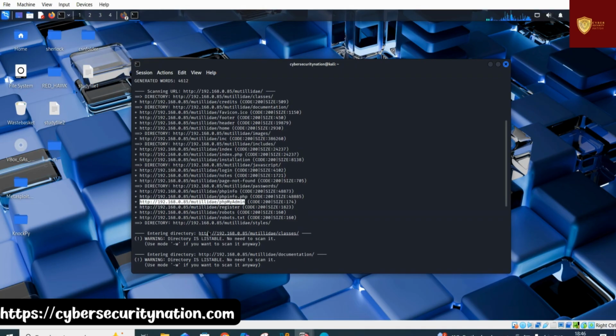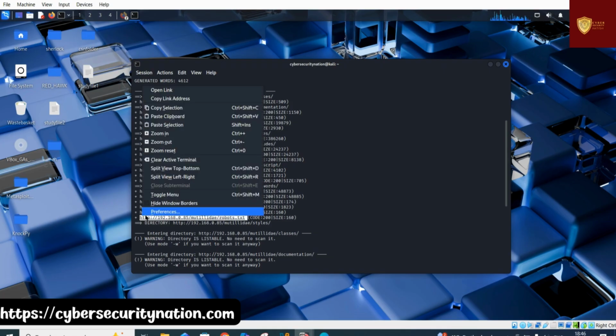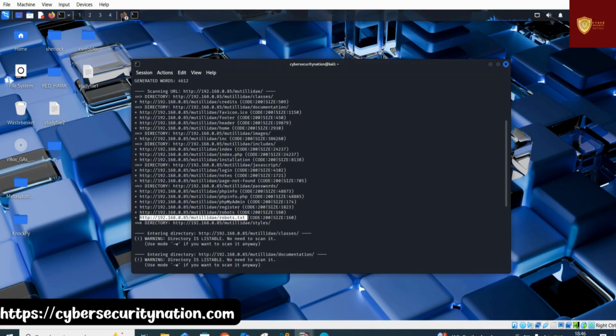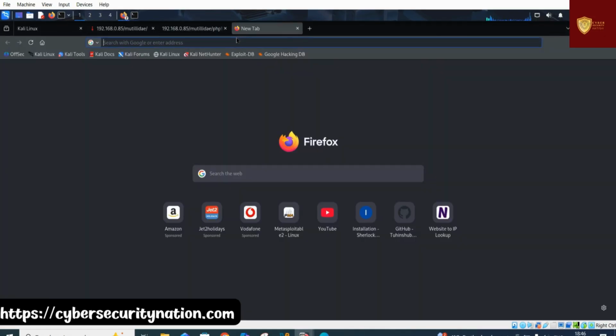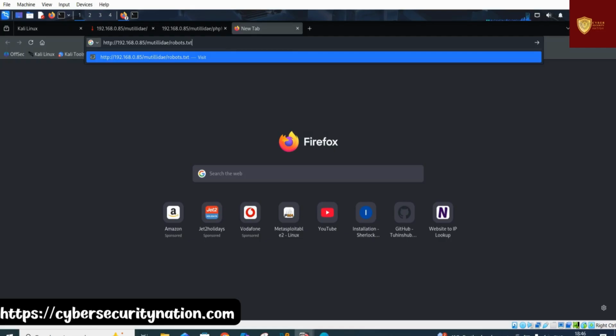Found another important one, which is robots.txt. This is a file created by web admins to tell search engines like Google or Yahoo which parts of the site not to index. This serves as a roadmap for hackers. If an admin is trying to hide a directory from Google, it's probably because it contains something useful. Copy selection, go to Firefox, paste,